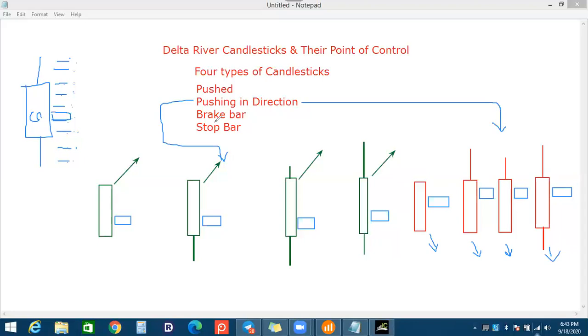Third candle is a break bar. If I say this level is the 50% level of the candle, am I right? Yes. Now volume increases above the 50% level of the candle. Not above the open, not a little bit above, but totally above the 50% level and below the closing price.